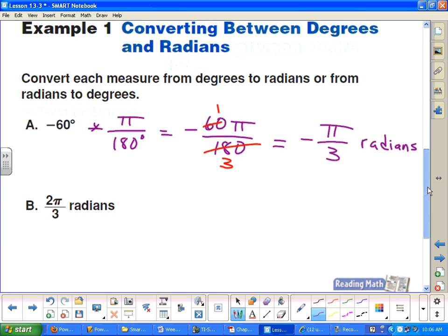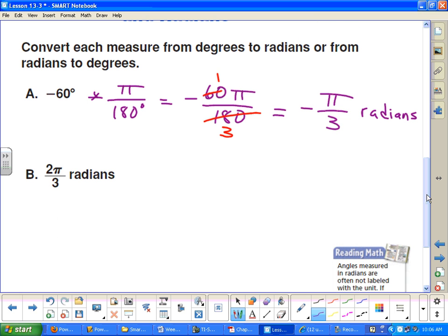And then converting from radians to degrees, since radians is our unit we're trying to get rid of, that means I want radians in the denominator. So this would be 180 degrees over pi radians. So in this case, I put the degrees in the numerator and the radians in the denominator. And that way, these radians will cancel out. And also the pi's will cancel because I have pi in the numerator and pi in the denominator. So then we have